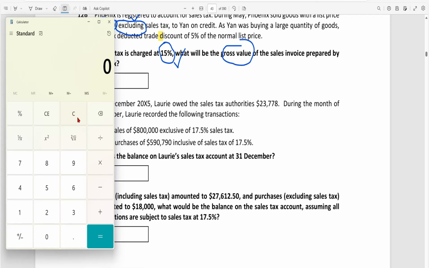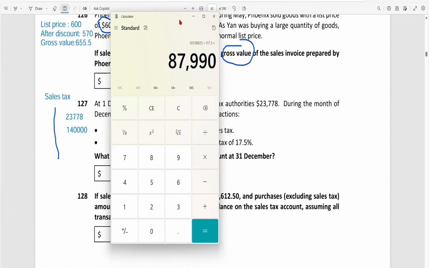But if it says inclusive, the way of calculation is that we take the price and first multiply it with 17.5, and then divide by 117.5%. So this will give our input VAT of